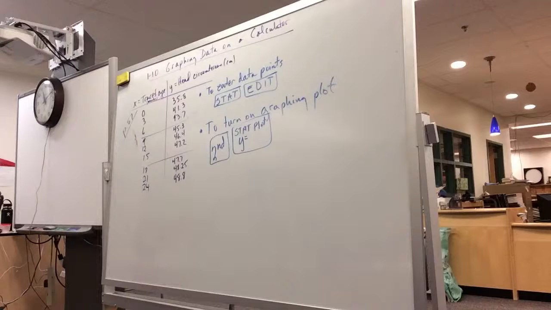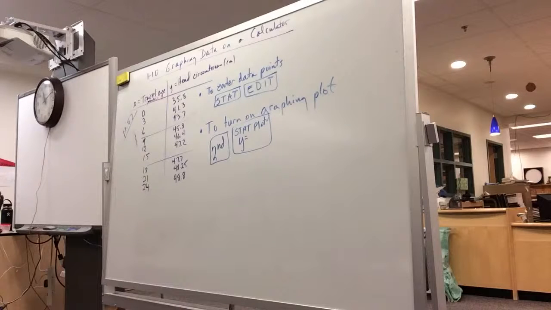Okay, now underneath where it says on off, it says type of graph, or type. Second right. Where's Y equals? There you go. Now hit enter, because I turn plot 1 on. Y equals. And now hit enter again, make it highlighted. There you go. Now we're talking about type.